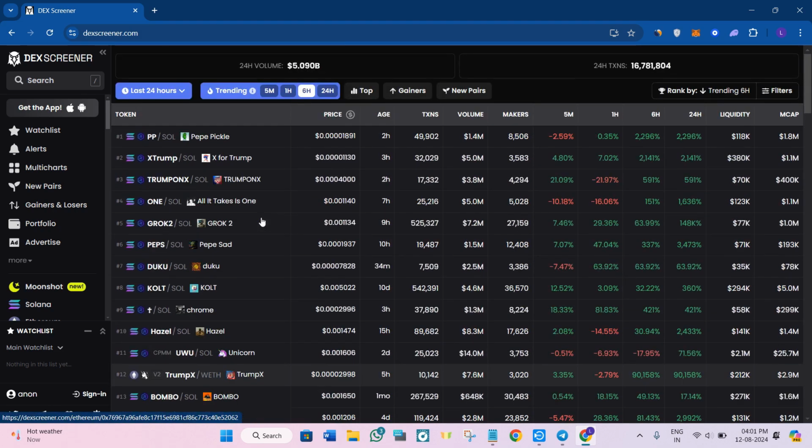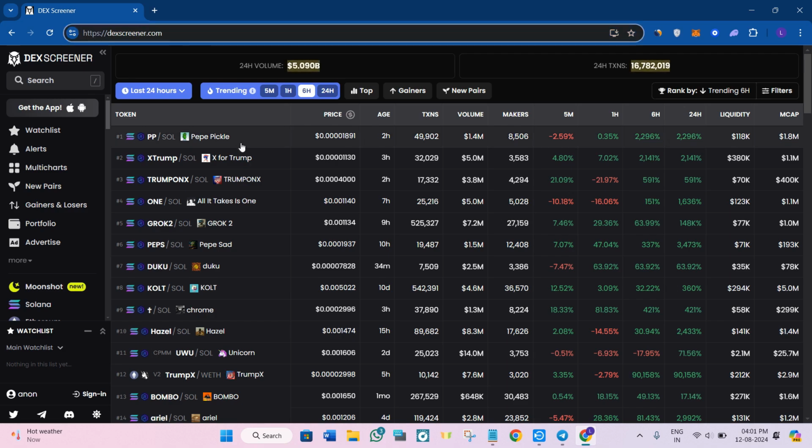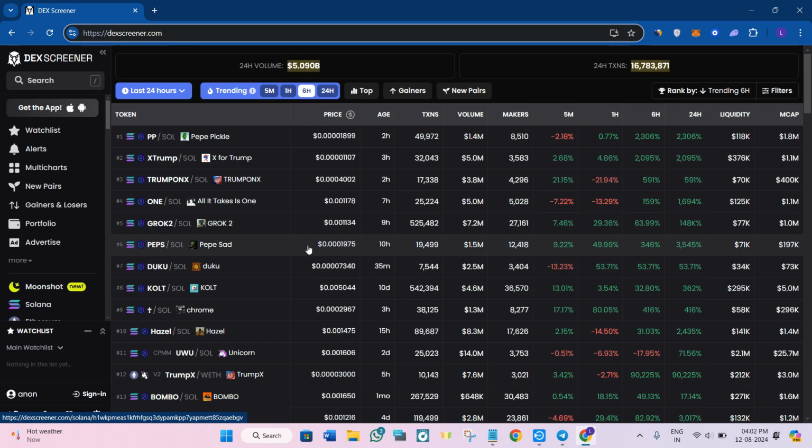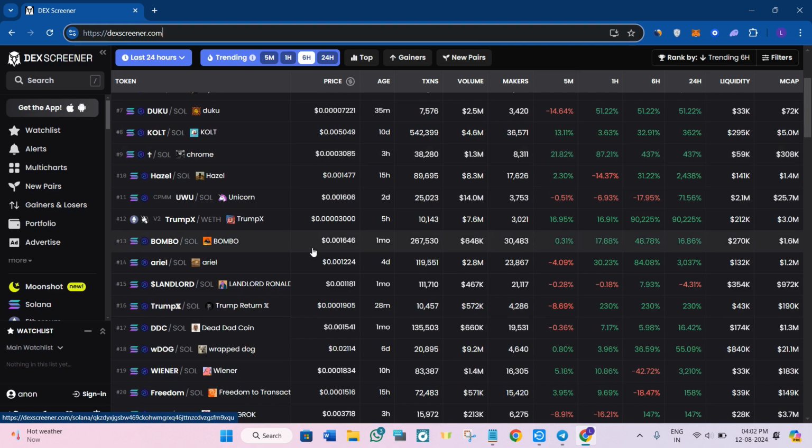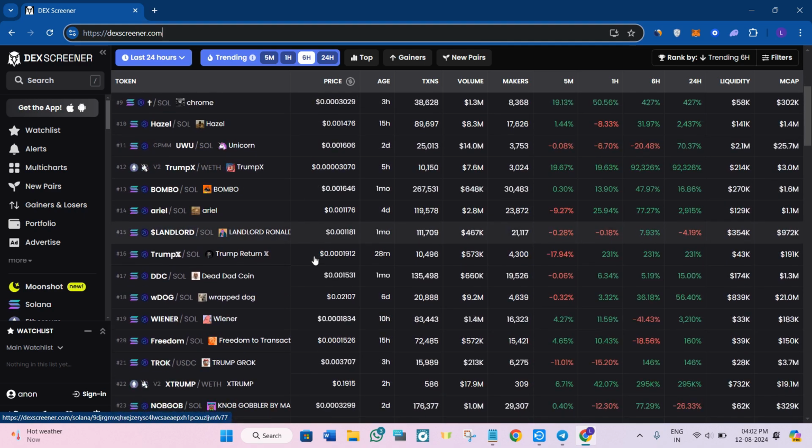So the first step in finding the winning wallet is to head over to DEX Screener. Over here you will want to focus on the coins with decent liquidity. It is because the low liquidity coins, like those with 3k or 4k liquidity, can have price impacts that benefit the traders you are copying but cause losses for you as well. So for example, a coin with 39k liquidity is a much better choice for you.